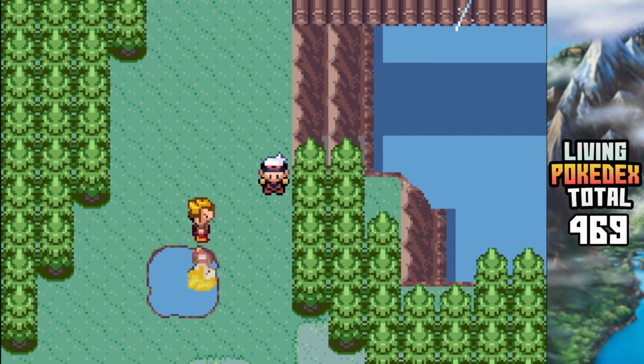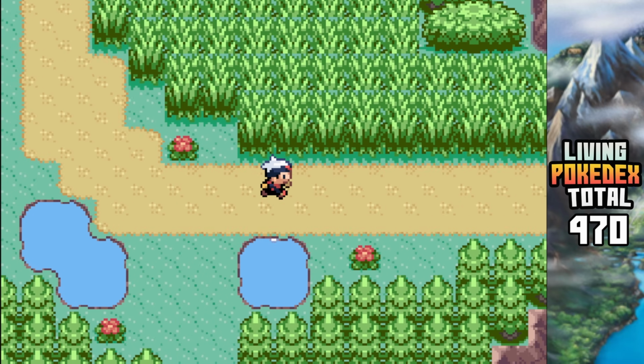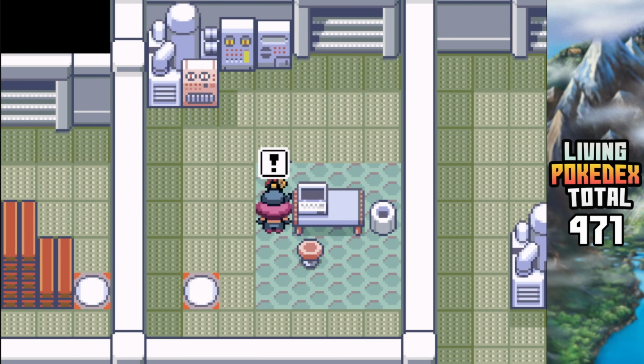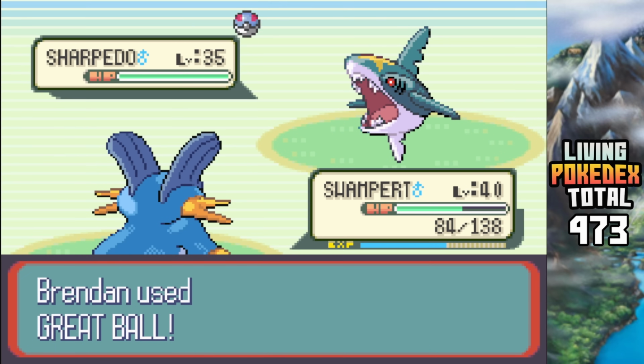Brendan then made his way towards Mount Pyre, battling trainers along the way which caused his Loudred to evolve into an Exploud. On Route 121, he caught a Shuppet. After infiltrating and clearing out Team Aqua's base, Brendan's Lairon evolved into an Aggron. In Mossdeep City, he spoke with the fisherman who gave Brendan a Super Rod, allowing him to catch a